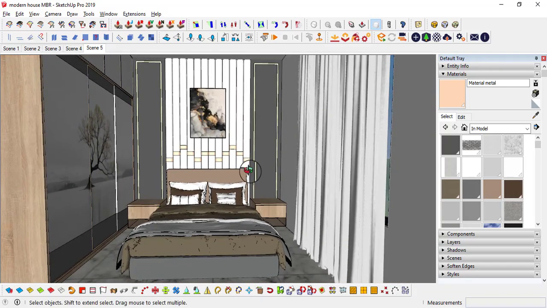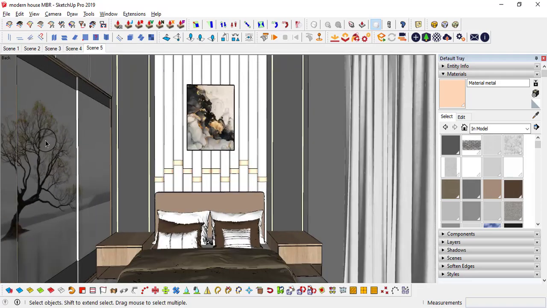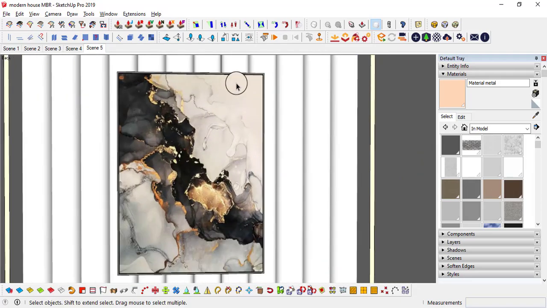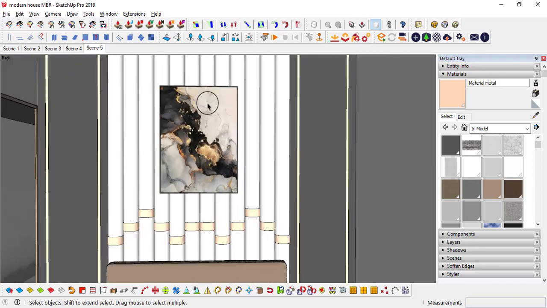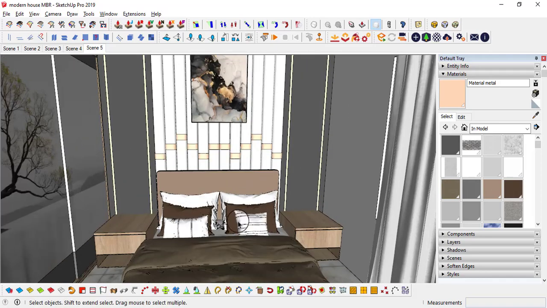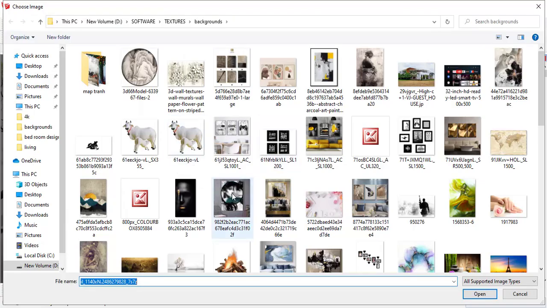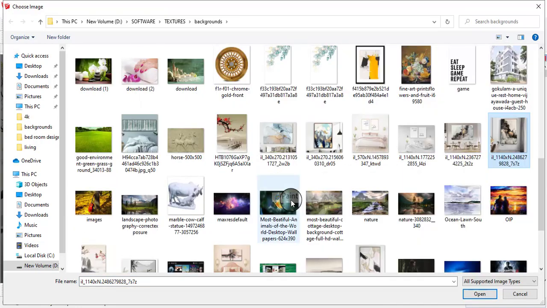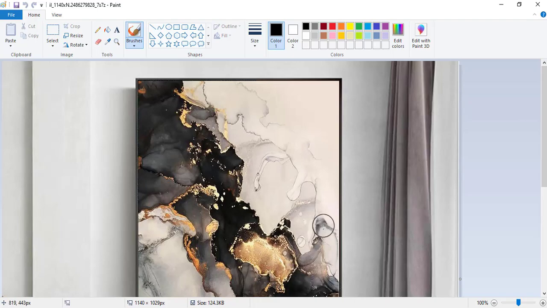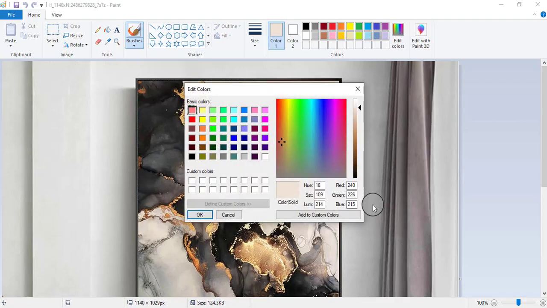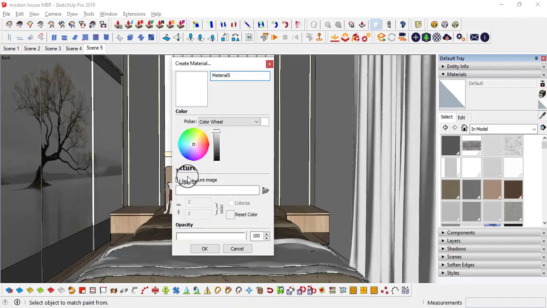Next one, you can trace these colors over here. So here we get some green color and whitish, some grayish, blackish, and some gold. On these pillow covers, you can trace this kind of goldish fabric. Select this image, edit, open this folder, and open with Paint, and trace these values. So how? I am going to pick this one, go to edit: 240, 226, 215. Remember these values.